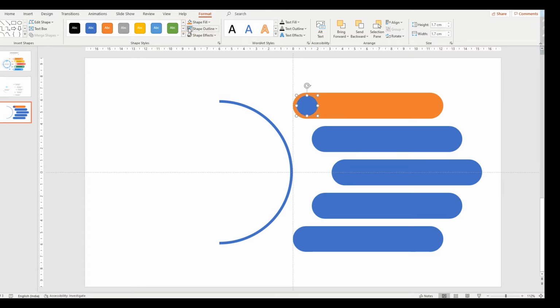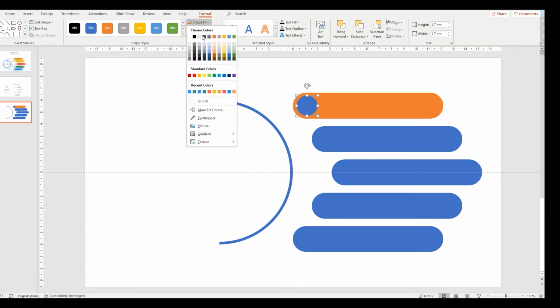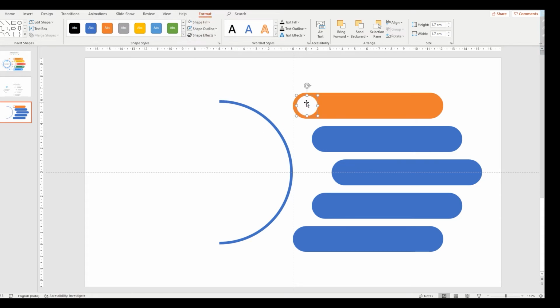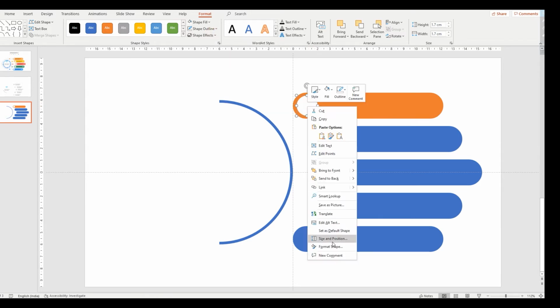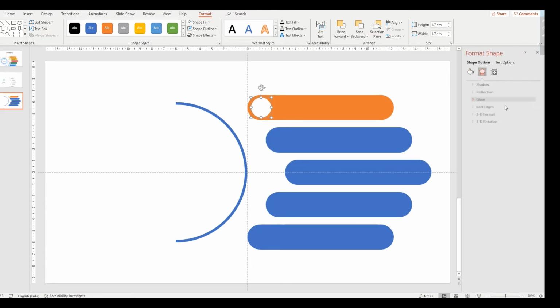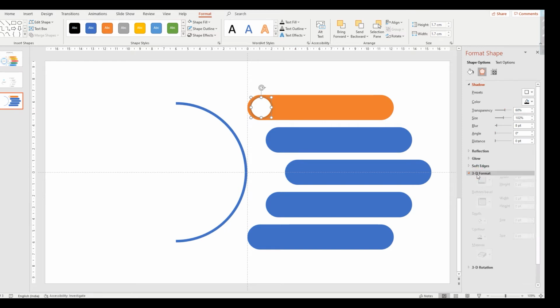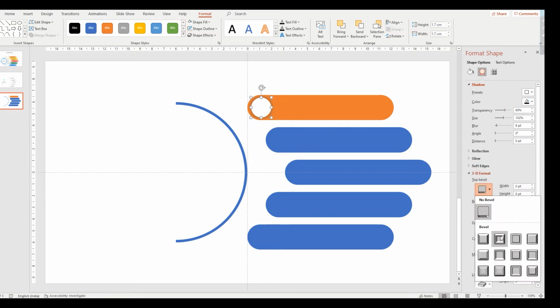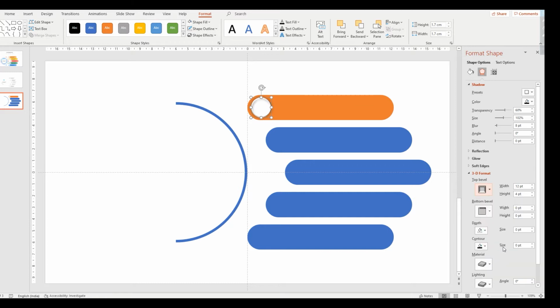Remove the outline, give the coloring, and what I'm going to do means give the shape effect. Shadow effect I am giving inner. This is the 8 feet. 3D format. Giving this is okay.